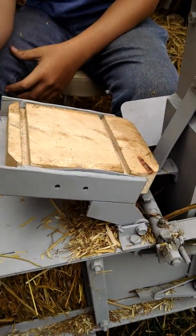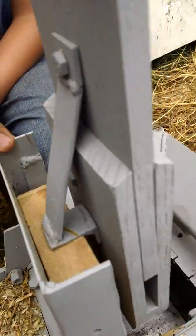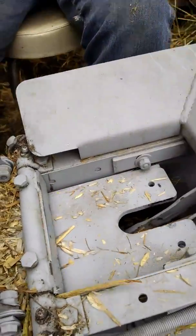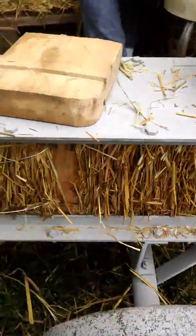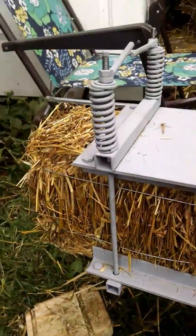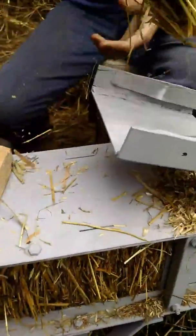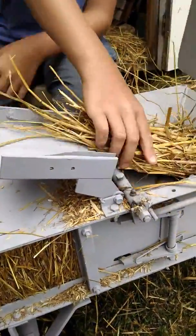And all that does is it flips up. This notch grabs the board, pushes it down, it shoves it into the chamber, the plunger pushes it, and it pushes through to the next bale. And that's the process and how it works. We'll just keep going. If we're lucky,